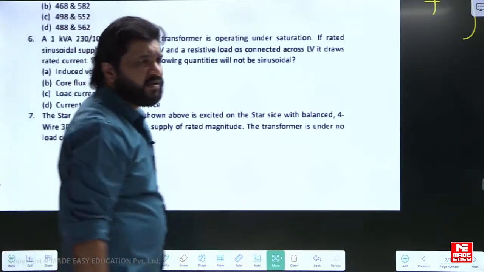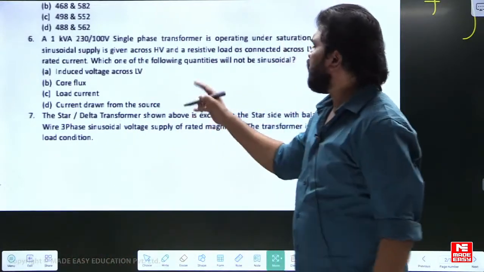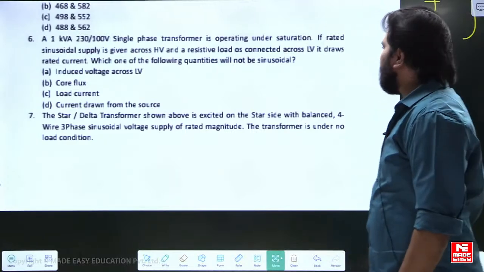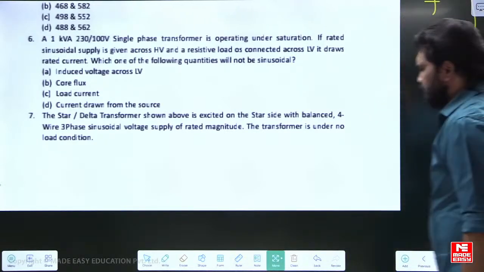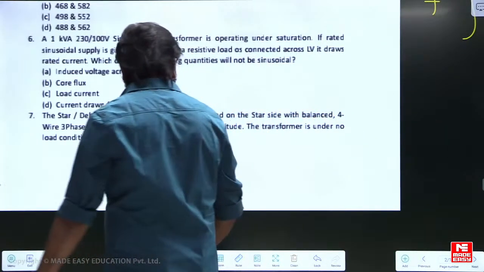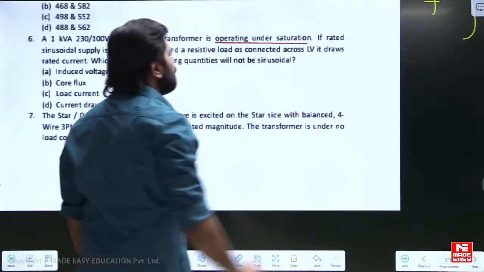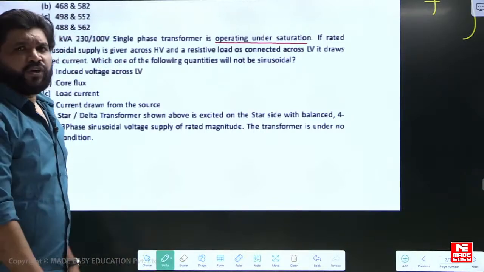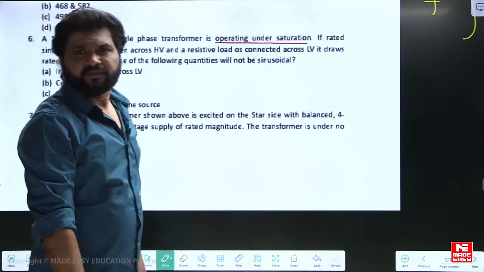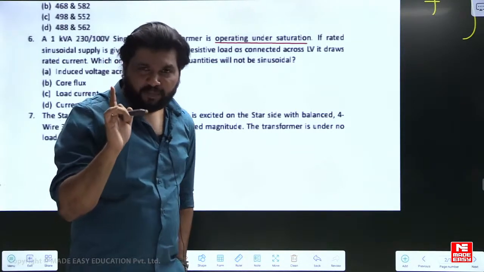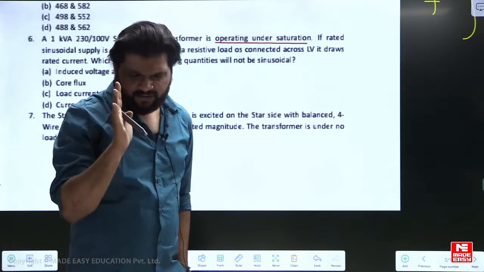Next question. A 1 kVA, 230 by 100 volt single phase transformer is operating under saturation. You know, when the core is saturated, when you apply a sinusoidal supply across a transformer primary, first the transformer